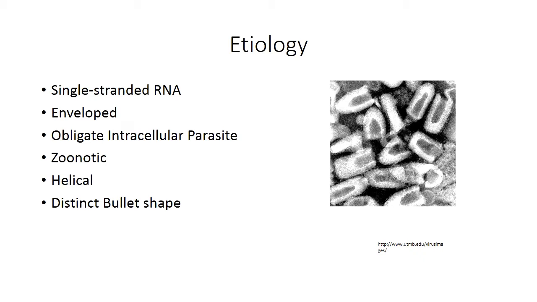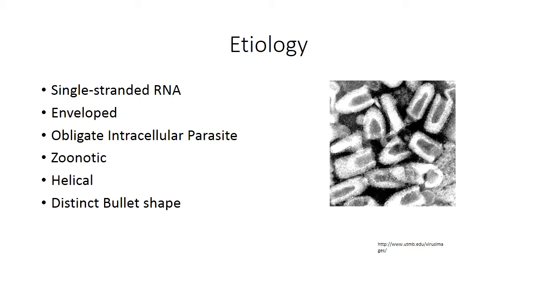The envelope of this virus is covered with many projections called spike proteins. Now, they're not really visible on the picture there, but they're really small projections that come out on the envelope. These are used for attaching to the host cells and begin the process of entering the cell for replication. Like all viruses, rabies is an obligate intracellular parasite, which means that it needs a host to reproduce. The virus lacks the resources to reproduce by itself and needs the assets a host offers to do the job.